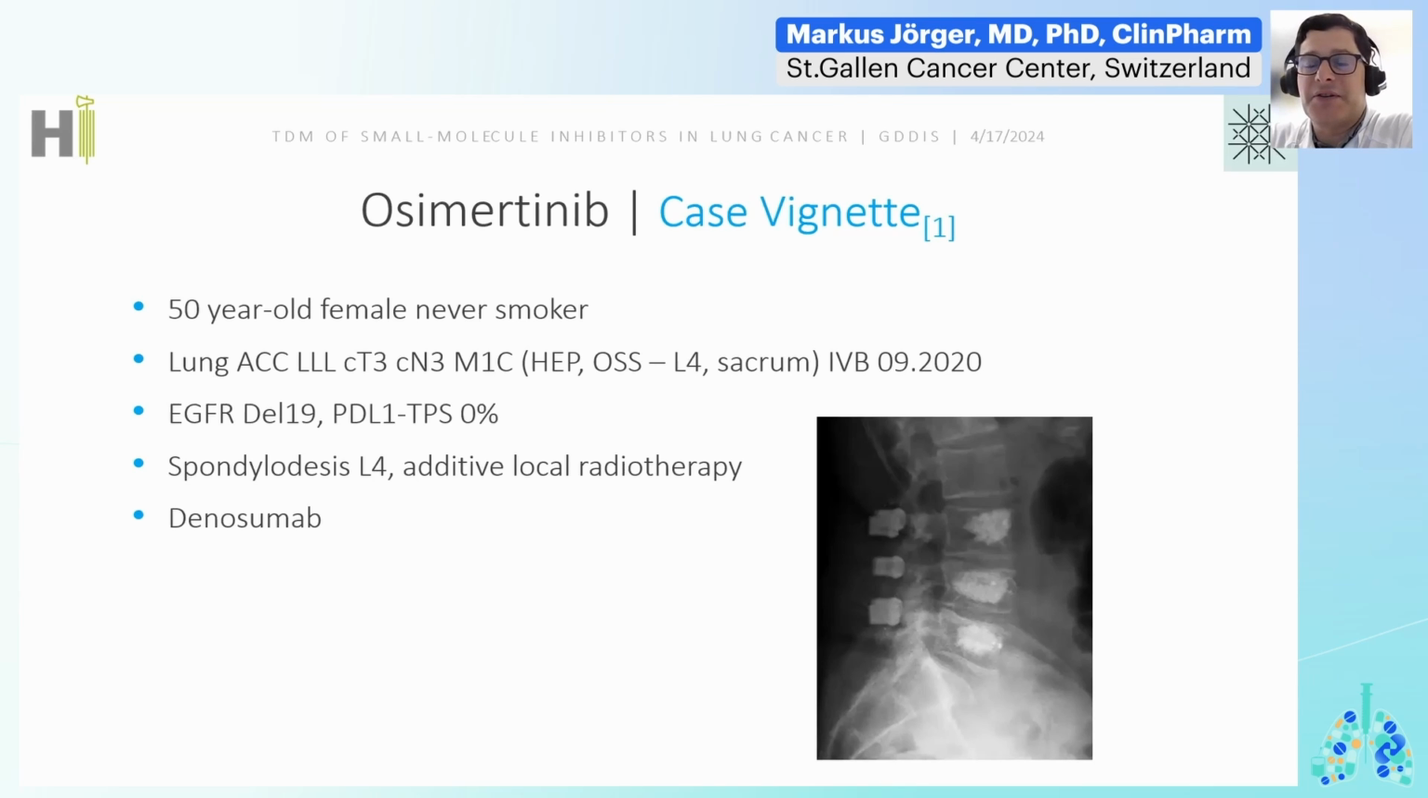One case vignette. There are several case reports in the literature, particularly with osimertinib. So I thought I would show a known one. We do opportunistic TDM in those patients. We unfortunately don't have yet a systematic program. This is actually a